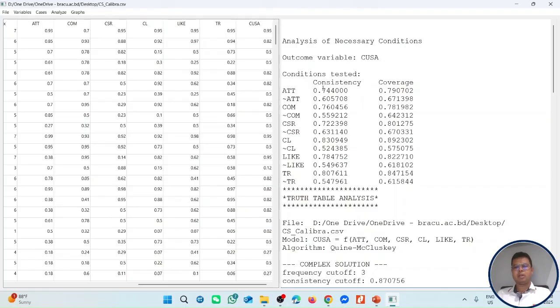It means as all the consistency values are less than 90, in some cases less than 80%, we can say no single factor is necessarily important for the sufficient condition analysis, rather than we need to apply all